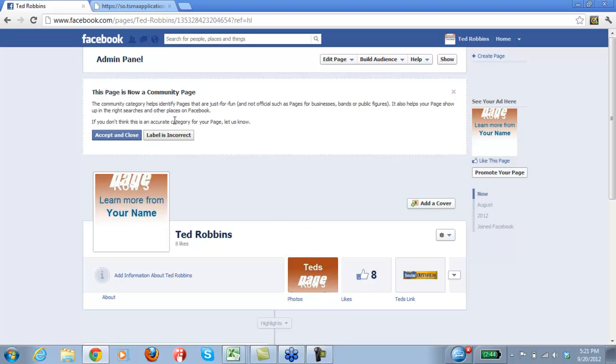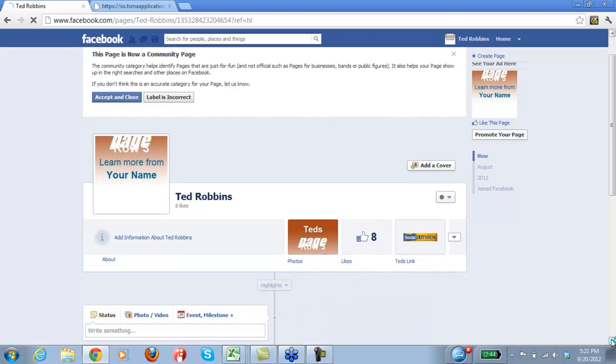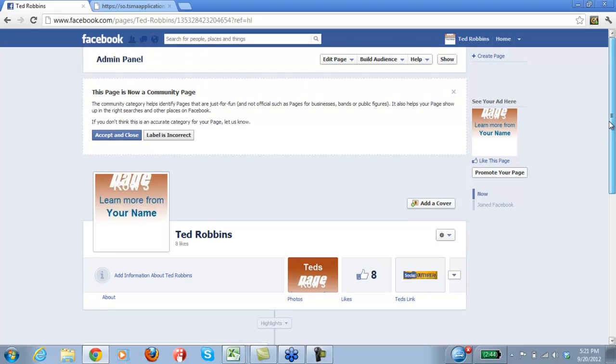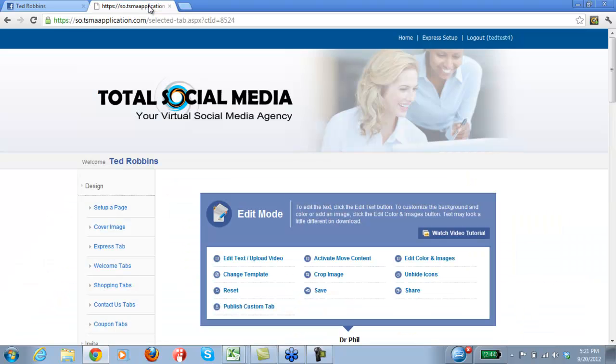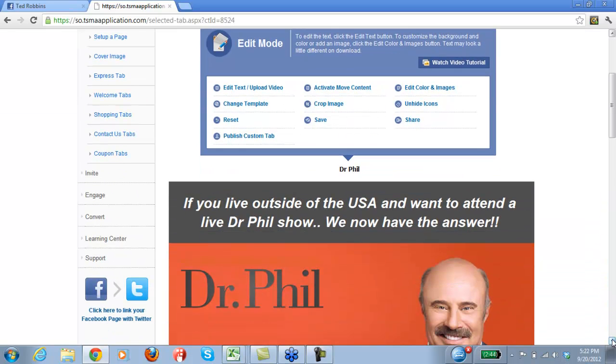So again, this was set up as like a community page, but there's lots of different things that I can do from my side to set up multiple accounts that are actually live accounts that I can go into and be active on and show how the Post and Leap works. I can show how different cover photos look, show the different links and the different styles for the overall pages, but it won't be possible in most applications unless they have features like what we do here at Total Social